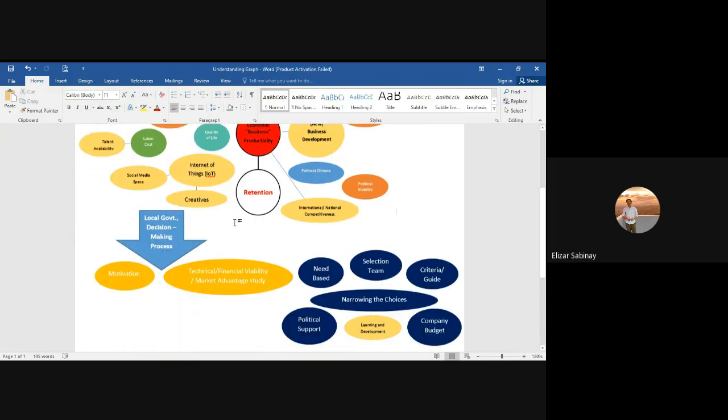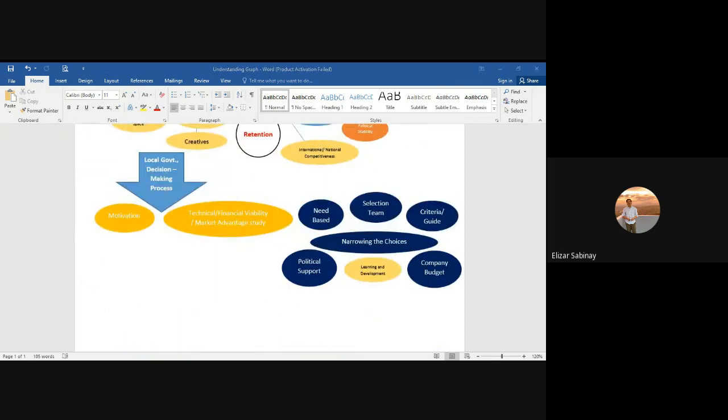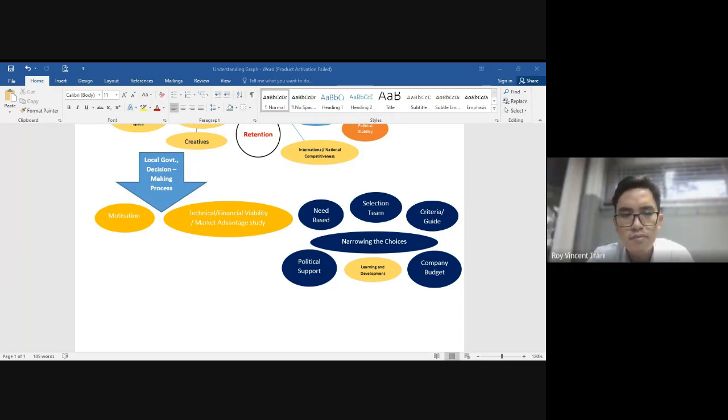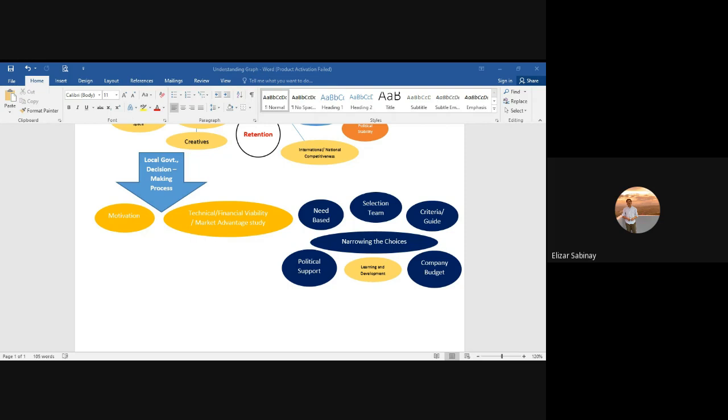Then going down is the part of the discussion. So while reading, I'm also making this graph, no? How does the local government decision-making process work? It could be motivation. Basically, the article, again, since 2009, is really a local government-centric approach. How does the local government think of business development? But basically, right now, the shift is, instead of local government thinking of that, local government now thinks of, I'm the support, then the business will come. No? So the need, the motivation, getting to know the motivation, and right now it's not just even profit making.